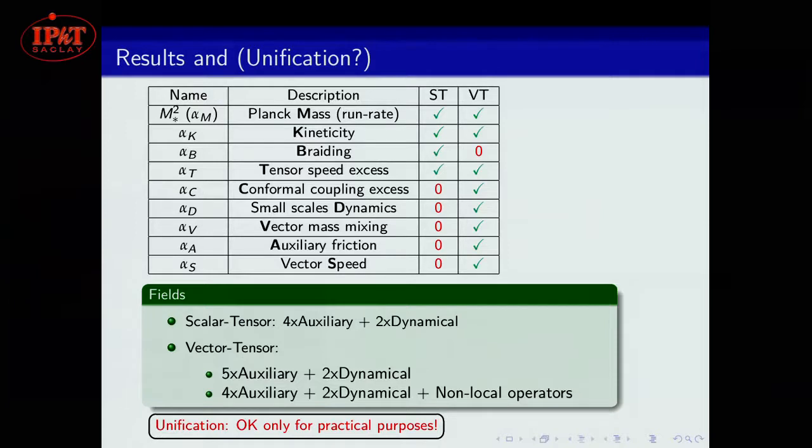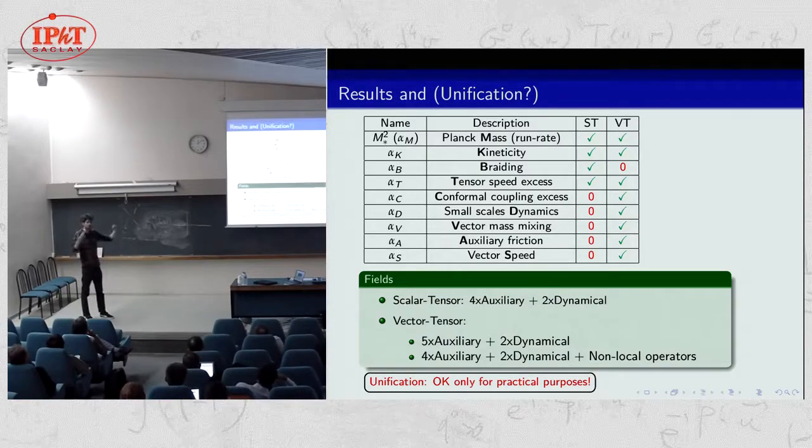But for practical reasons, it's okay to unify. I mean, you can always think that you can unify mathematically. What's the advantage of unifying this? If you have a code, say a Boltzmann code, you can put there a list of equations without having duplicates. This is the only advantage I see. But these are the practical reasons I mentioned here. The point is just that you pay the price that your full theory doesn't mean anything.